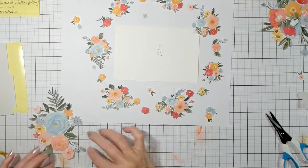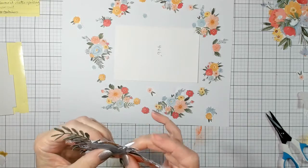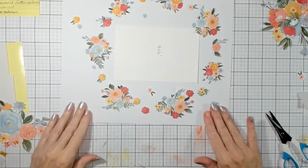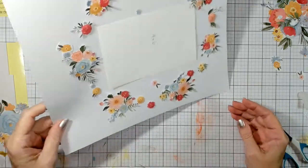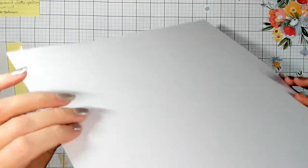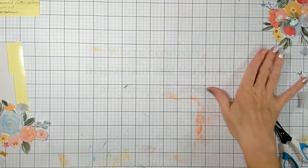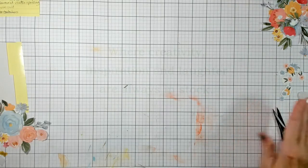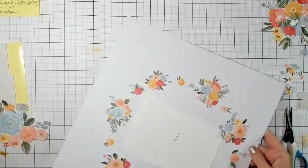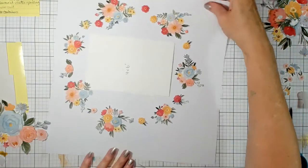There we go. All right, so that is one decoupaged flower, and you can start to see some of the detail, and when you have it down on the paper you'll see it much more. So I'm just going to swoosh off these extra little bits. Whoops! Just confetti for a minute. And now I need to put it in the corner. So I'm turning my page up